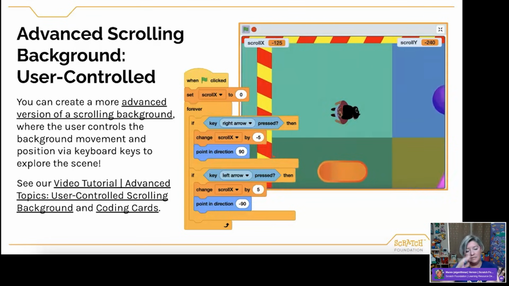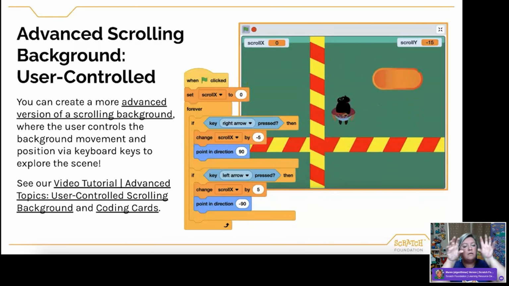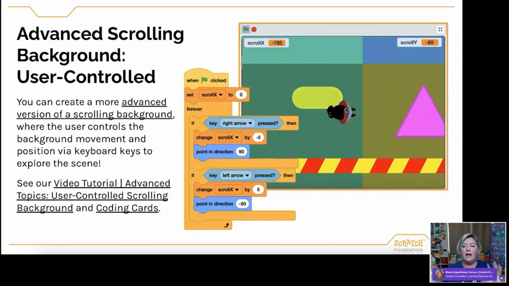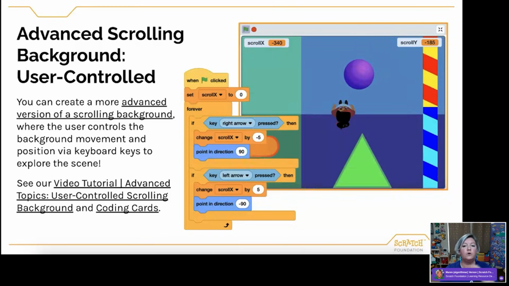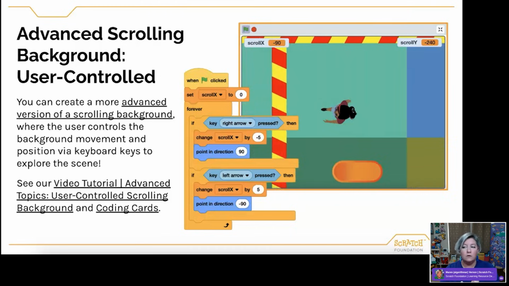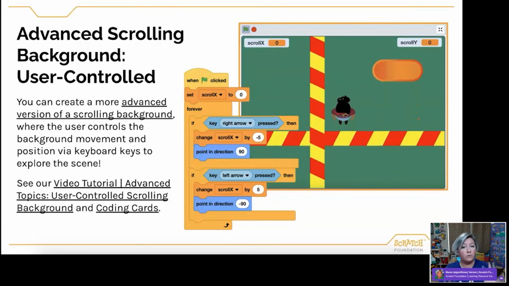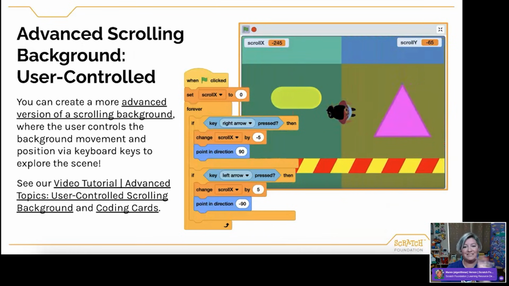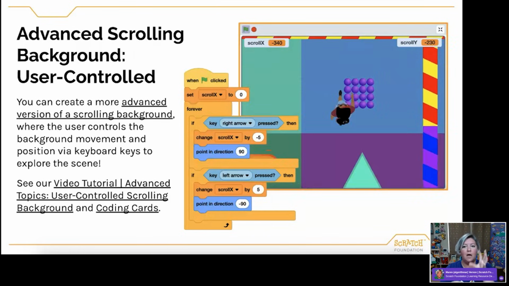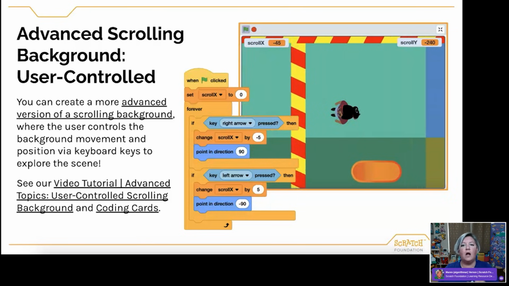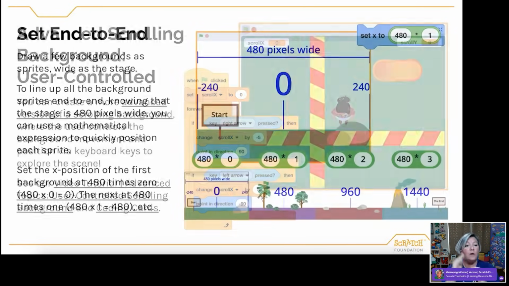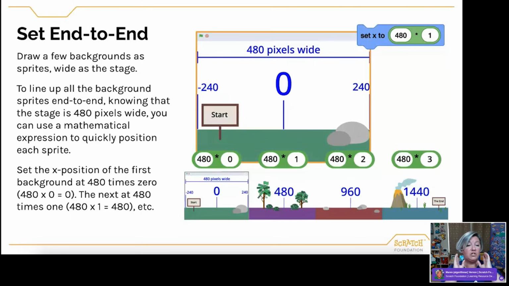So there's lots of different ways, again, that you can approach this. One thing I love about this is it really brings in what is the world that you are envisioning? And then how can these techniques be used in order to create your idea? So not everybody's going to end up with the same program in the end. Everybody's going to have their own unique take on it, but they're all working on a similar concept as they're working through these things. One of the things that is great is in our learning library, I actually have a whole video and a set of coding cards that you can give to students, all about this particular way of creating a scrolling background.